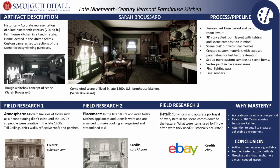Let's see, field research 2. I wanted to get the layout of the kitchen in a way where it's most organized and streamlined. So I looked at a site called Core 77, and it had a bunch of information about pieces that were in kitchens, and I also considered what we have these days, and I even looked at Amish kitchens for reference because those are still, even to this day,